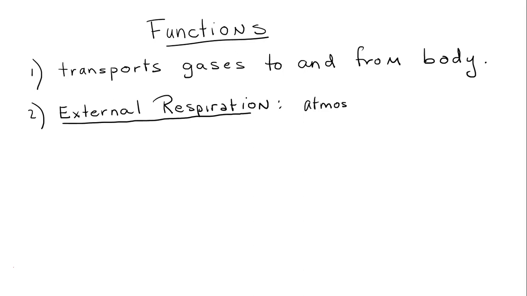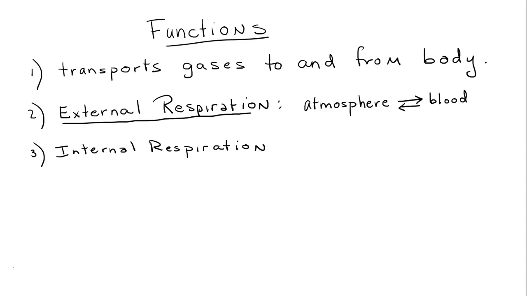Respiration is often broken up into two categories. External respiration is taking in oxygen from the atmosphere and transferring it to the blood, and then taking gases out of the blood and bringing them back to the atmosphere. And then there's internal respiration, which is the gas moving from the blood to the tissues, in the case of oxygen, and also gases being released from tissues, like carbon dioxide, which is a waste product, and going back to the blood so that it can be carried to the lungs,